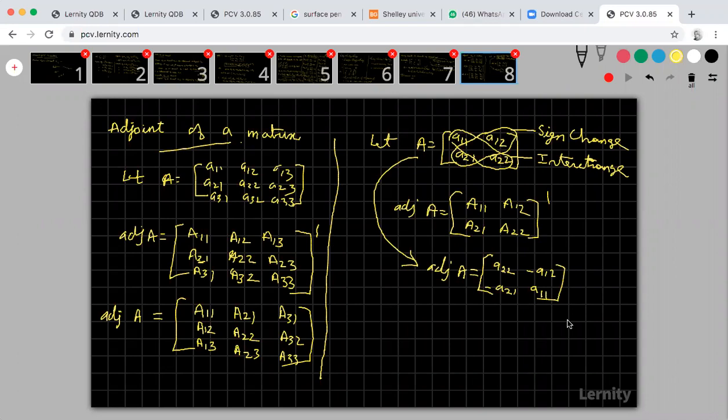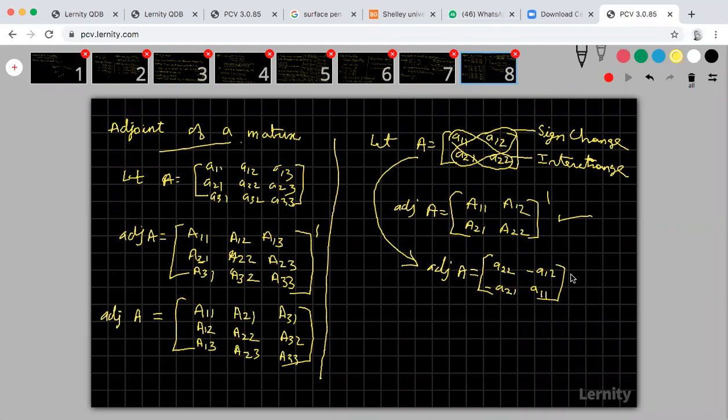So therefore, please try to understand your adjoint of A. Sir, why are we writing like that? A22, minus A12, minus A21, A11. You just proceed with the same method, finding the adjoint of A: find the cofactors of all the elements, write all the elements, and take a transpose. Again, you will get the same matrix only. So therefore, this is a shortcut to find your adjoint of A for 2 cross 2.